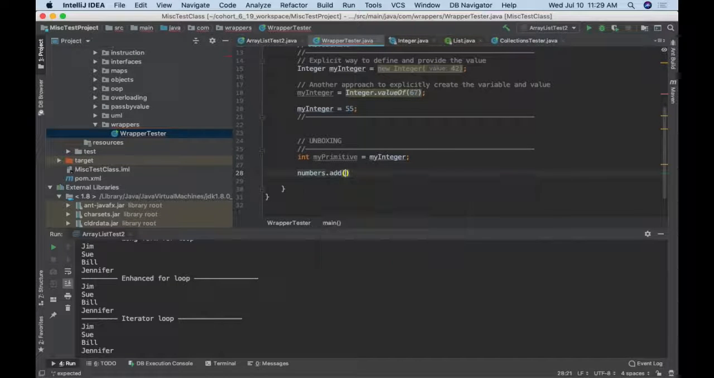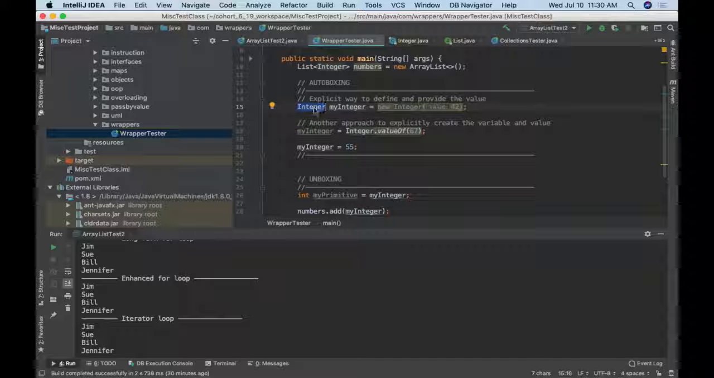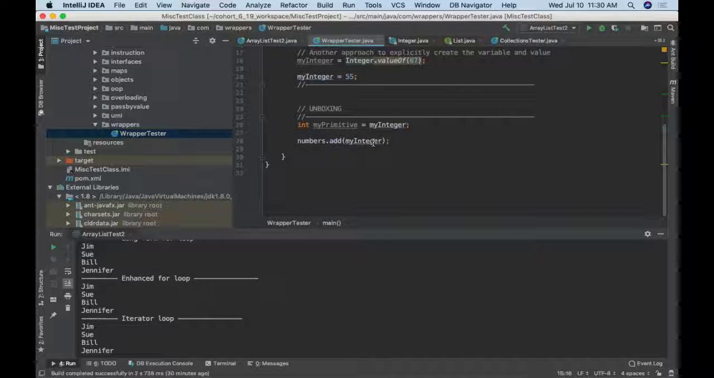What if I want to go ahead and add my Integer? That doesn't seem to be a problem, right? What am I doing here? What am I adding? My Integer is of data type Integer wrapper class. So that's one way. I can take the Integer version of my number and put it into my Integer ArrayList, and I can also,